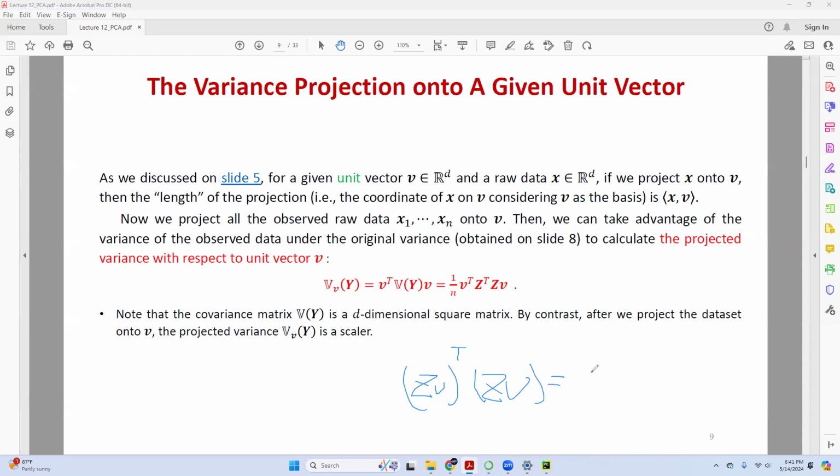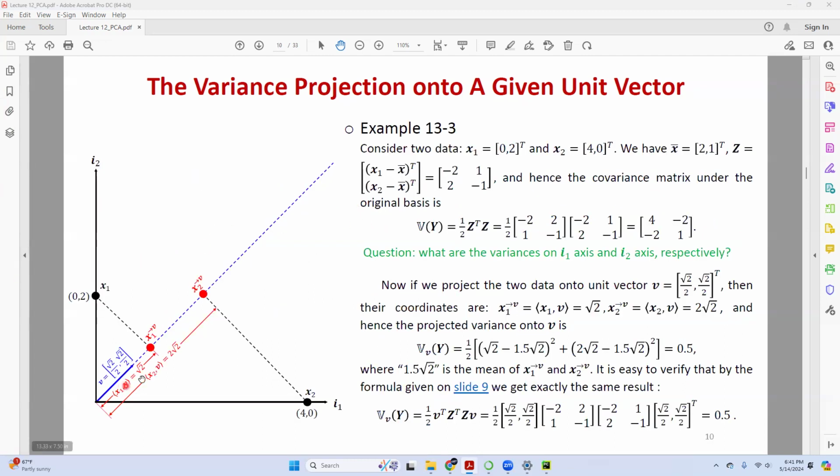So this equals vt zt z v. The 1 over n is just because of the variance, it is a constant, you can just ignore it. So this is the expression that we have here. In other words, I just project z onto v, and then I take the variance.